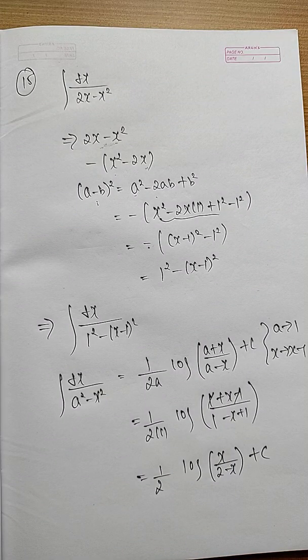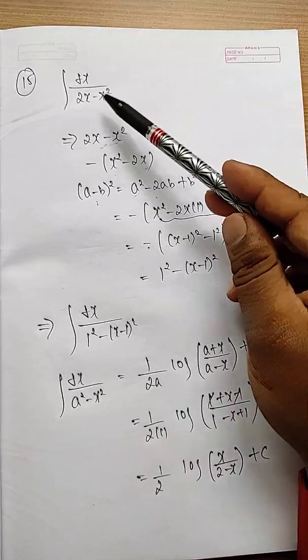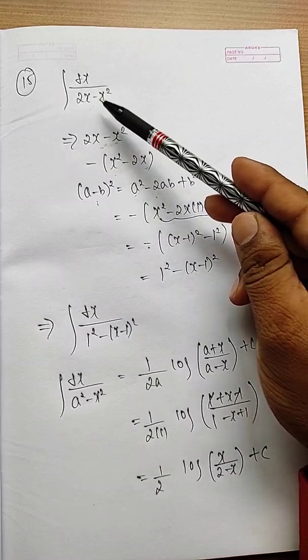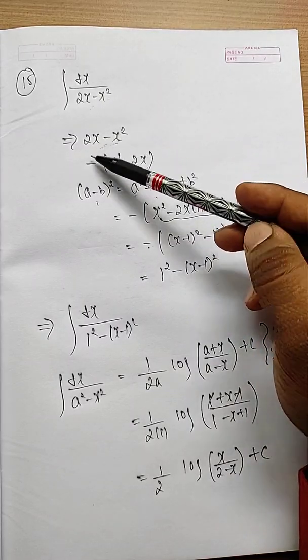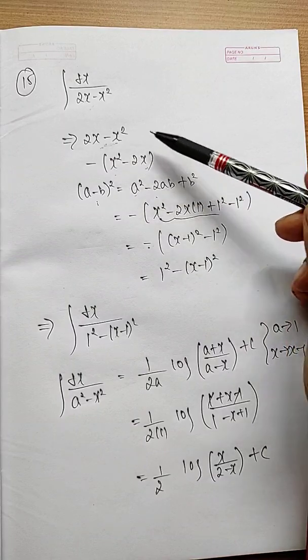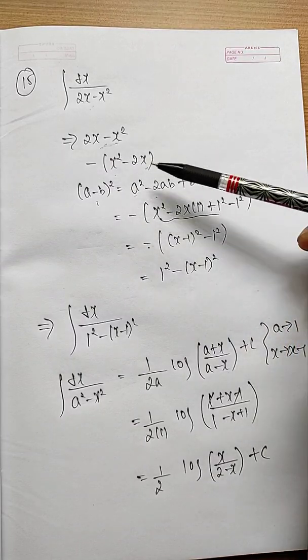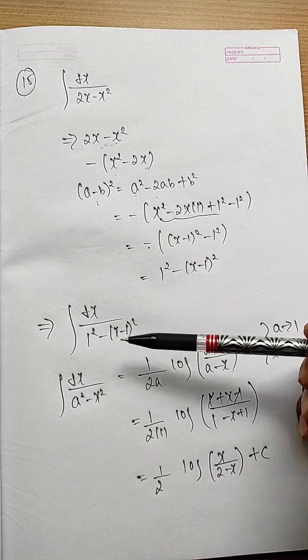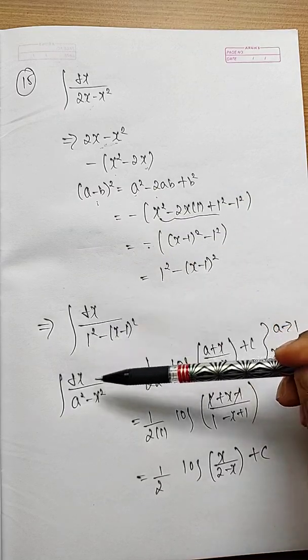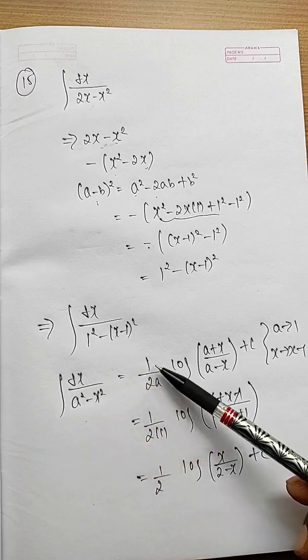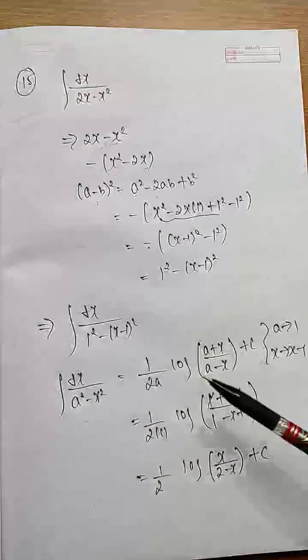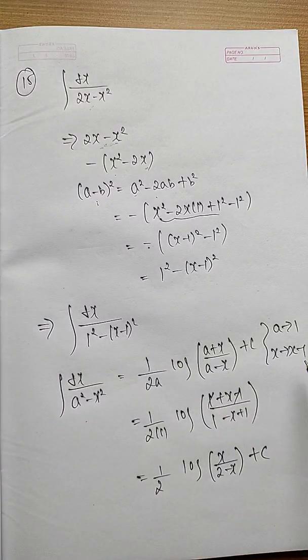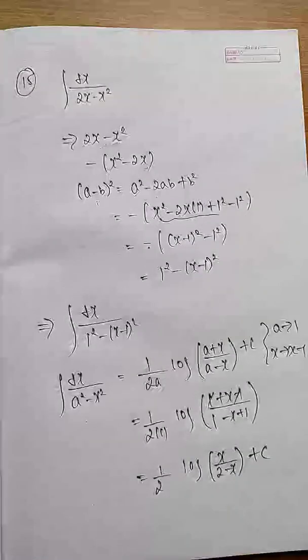Is it clear? Is it okay? So once again I am repeating, just listen here. Here integration of dx by 2x minus x square. Here x square coefficient is minus. If the x square coefficient is minus, take the minus as common. So x square minus 2x, you want to compare with the a minus b whole square. Then you have changed the given problem to a perfect square. When it is a perfect square, you want to compare with the standard form. Integration of dx by a square minus x square is 1 by 2a log of a plus x by a minus x plus c. On comparing, a is replaced as 1, x is replaced as x minus 1. If you replace, then you will get the answer like this. Is it okay? Is it clear? So take a screenshot of this and copy to your notes.